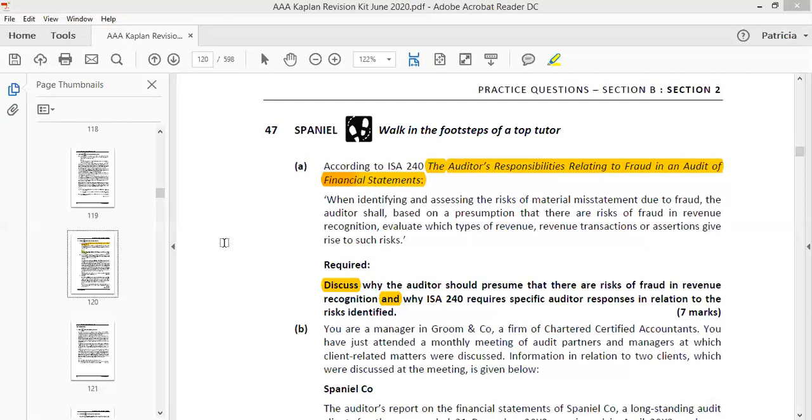So that risk tends to increase if there's going to be a high volume of revenue transactions. It might give management an easier way to manipulate figures if it's a high volume based business that has so many transactions in a day. In that case, it might increase the risk of failing to detect fraud and error using the sample-based auditing techniques